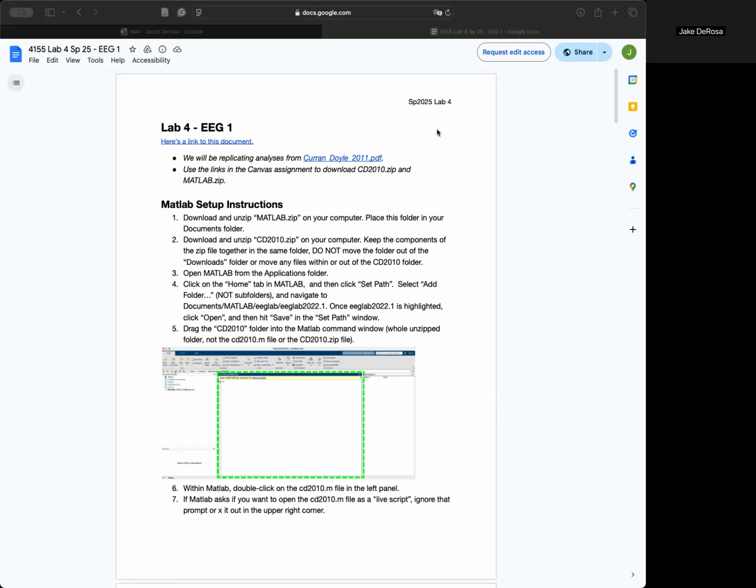The other thing I will say about these next few labs moving forward is that you will be working in groups. So ideally, you only have to get MATLAB working and the scripts working on one person's computer out of your entire group. So if for whatever reason you don't have access to MATLAB or it's not working on your machine that day, you can get with someone's group who is having it work and you only have to submit